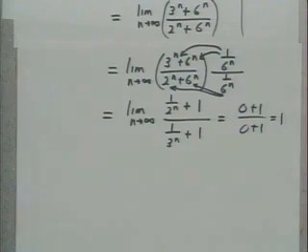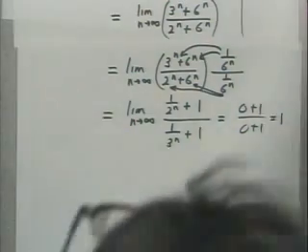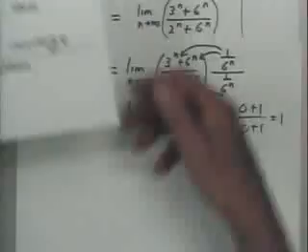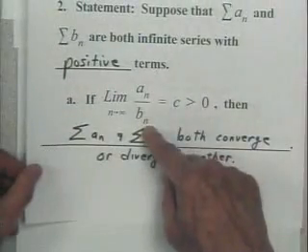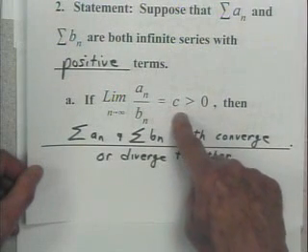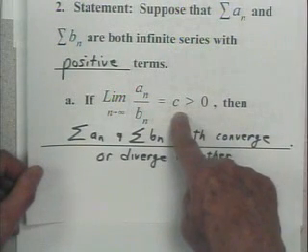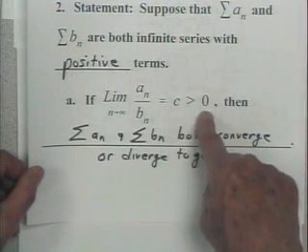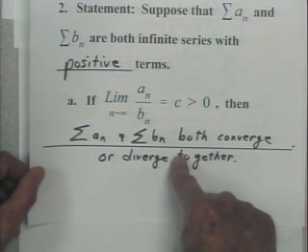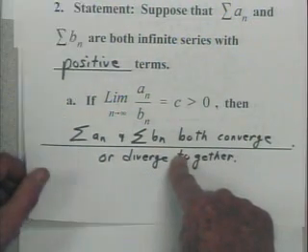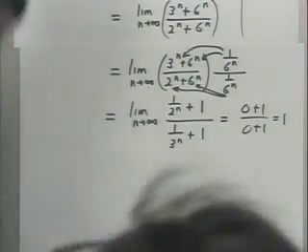Now let's go back and interpret. Here's the one I think I have right here. I took the limit of the ratio of these terms, right? And what did I get? I got 1, right? Which is bigger than 0. So what's the conclusion? Whatever one series does, the other one does? Well, the one I compared to, we said